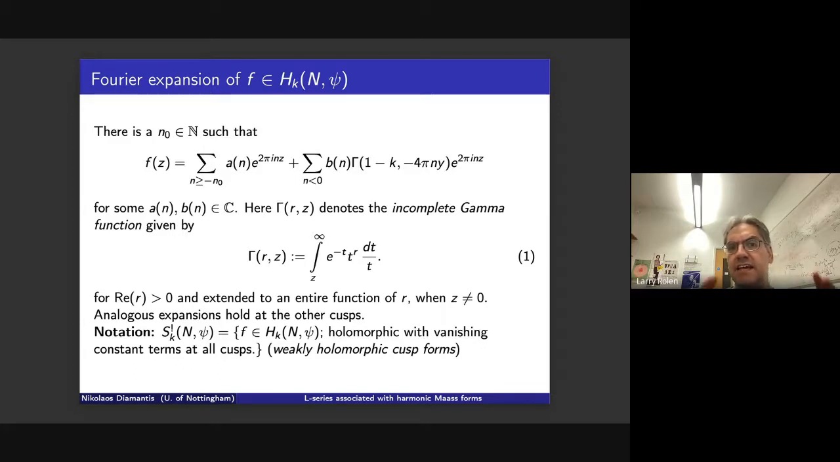In any case, that's the expansion at infinity, and we can have similar ones for the other cusps upon slashing with other elements of SL2(Z). So this is the Fourier expansion, and already by looking at that... Nico,